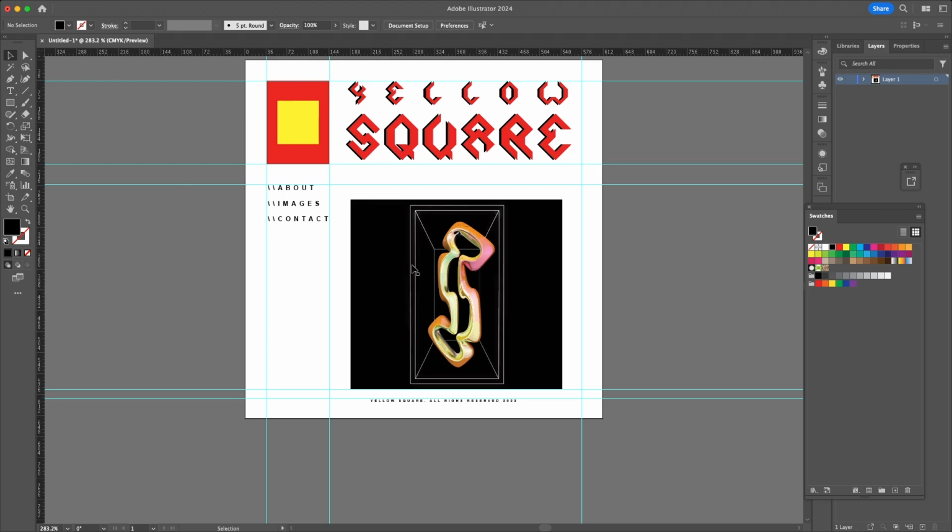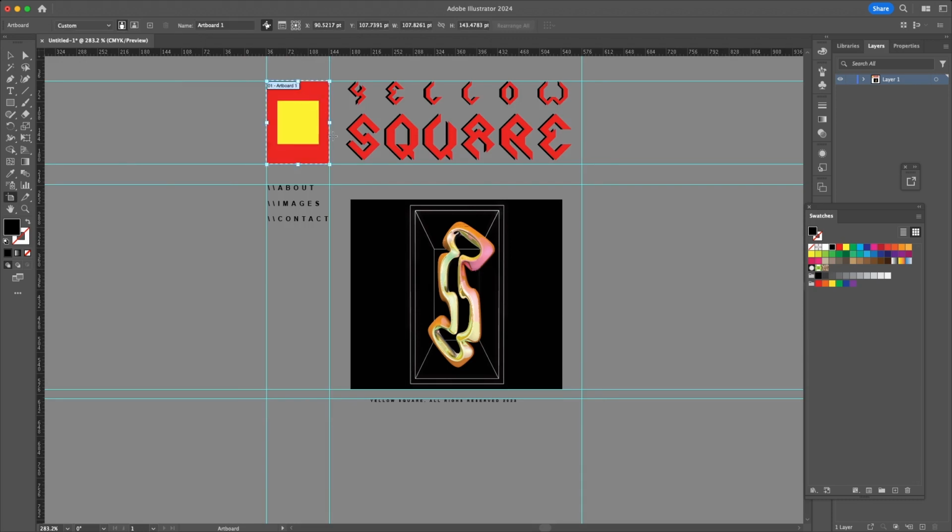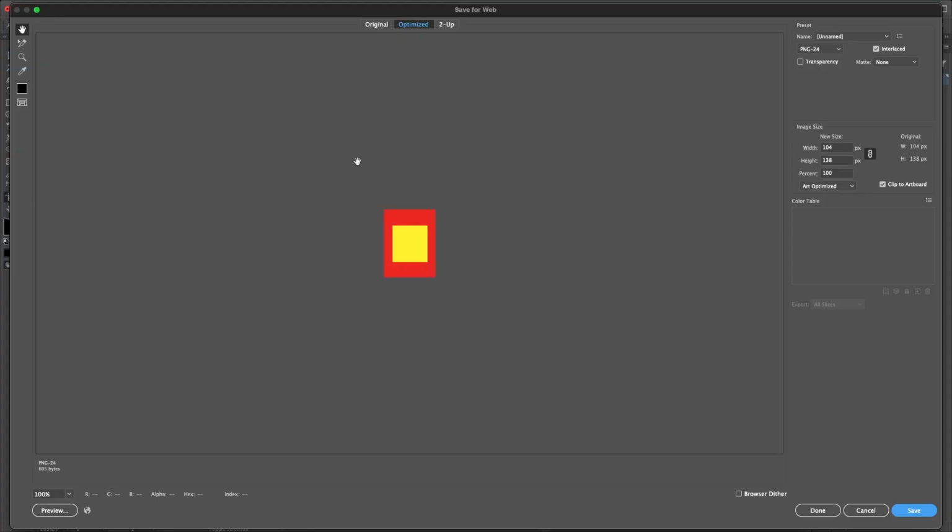I already have this image here. I can resize it in Dreamweaver because I have this image in my work. But I want to cut this image and the logo. So I'm going to go to Illustrator. I already have this. I'm going to cut this logo and save it for the web. You can see the logos right here. I'm going to save